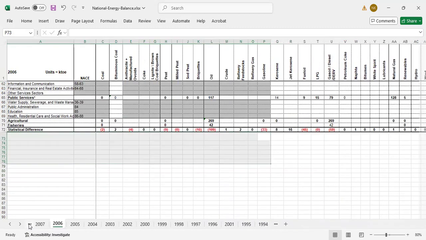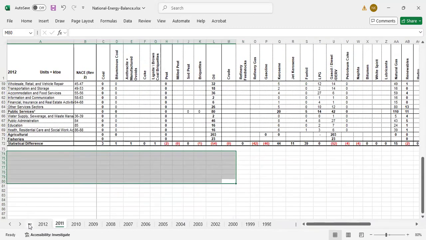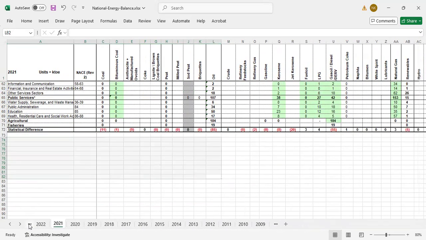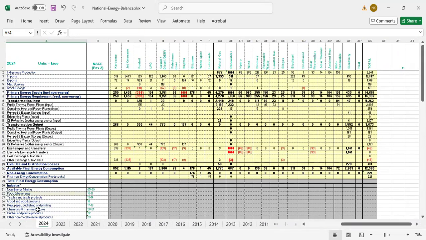Look, I can see here 1990 to 2024, 22, 23, 24 here. So in all of these years, all of these sheets here, the structure of the sheets is the same, meaning that the same columns and the same rows. The same unit is KTOE, meaning kilotons of oil equivalent, and